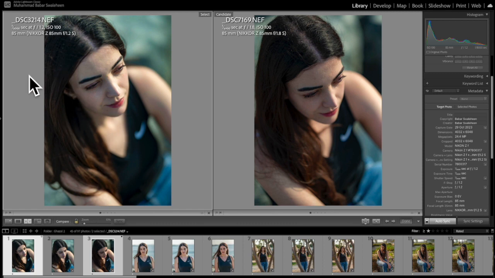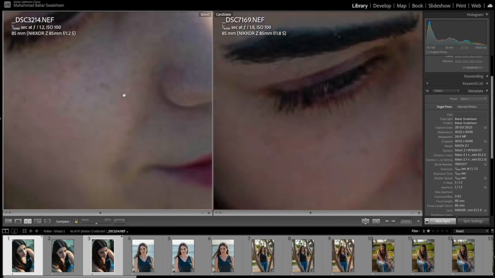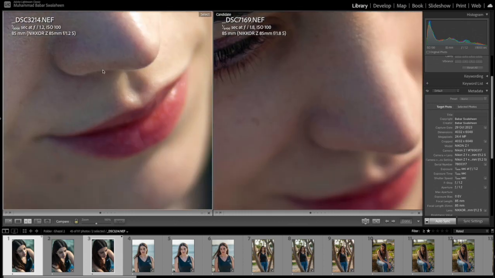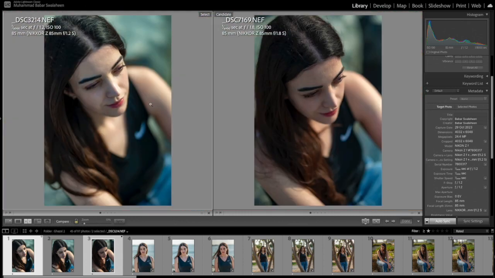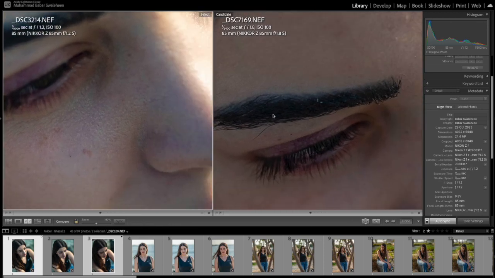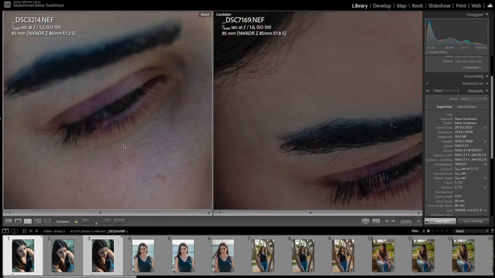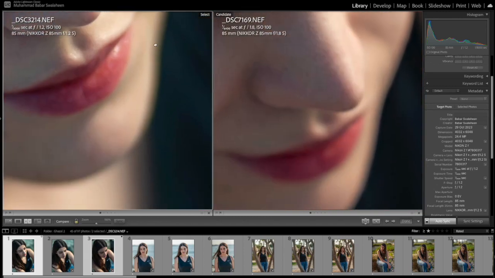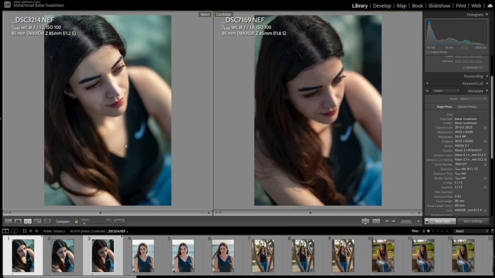On the left hand side is 85 1.2 at 1.2, on the right hand side is 85 1.8 at 1.8. And right from the bat you can see the sharpness. The camera took the autofocus over here on the eye, but over here it's on the nose and skin, but the depth of field is very shallow. And if I'm switching to this,